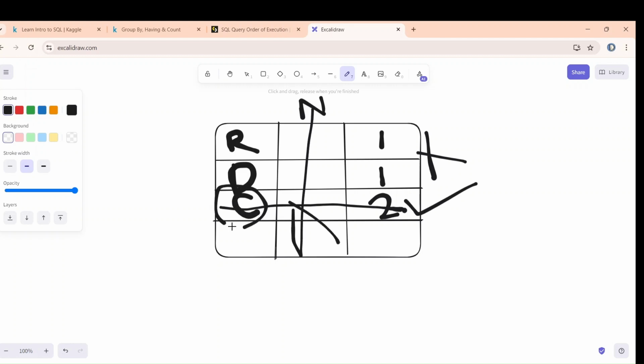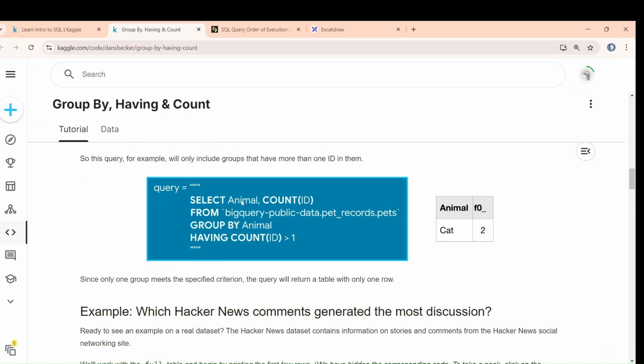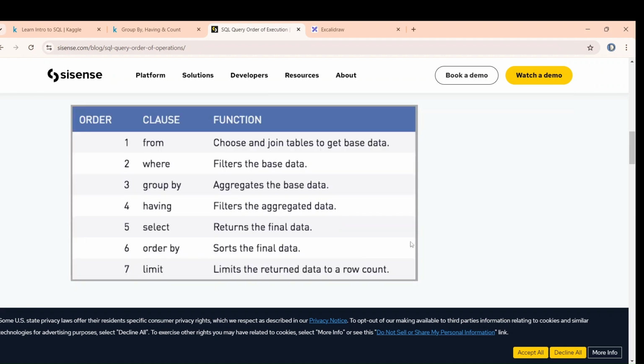Now you are left with this one and this one. So your output will be cat and 2. I hope now it's completely clear to you. Okay. So it's not like that it will start from the select and will end by the end statement. Not like that. There is an order of execution. When we do more examples, this will help you a lot to understand how it